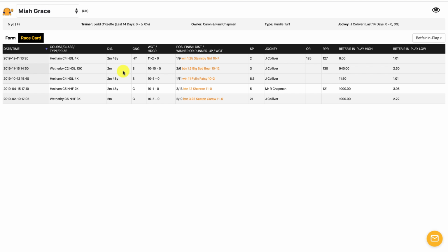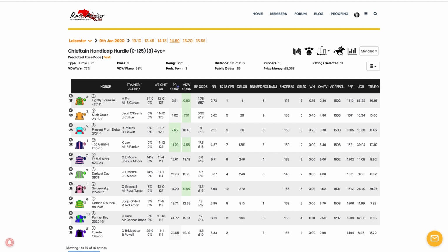Now, remember, we mentioned that this horse may be at the front of the pack, so there is a chance that this horse may tire out. It's carrying a lot more weight. The race is a bit shorter, but it is carrying a lot more weight, and that could hamper it. Also, if it's running out the front, it could potentially tire early. So there's a little warning sign there. The risk is likely to be a bit higher on this horse than the other one because of that. Doesn't mean it's not worth doing a trade on, but just highlighting the fact that if you are more risk averse, you might want to pass on Mia Grace and just go with the one horse here